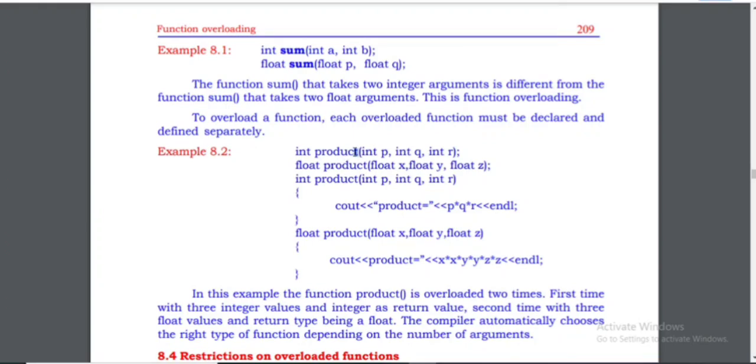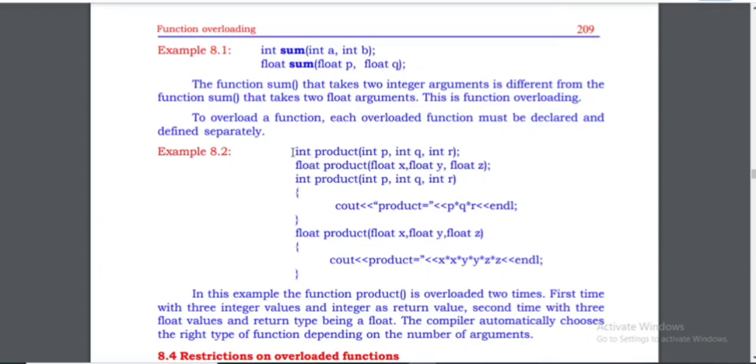The function name here is product. The number of arguments here is 3: int p, int q and int r. There are 3 arguments, and the data type is integer. Okay, here we have another function, float product, float x comma float y, float z. Here also the number of arguments is 3, but the data type is different, that is float.